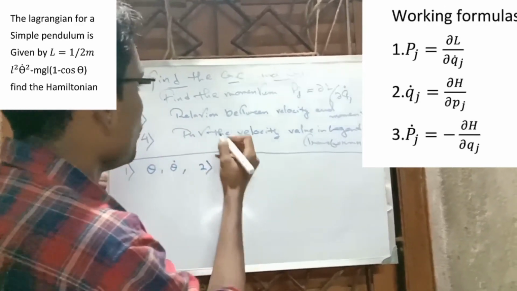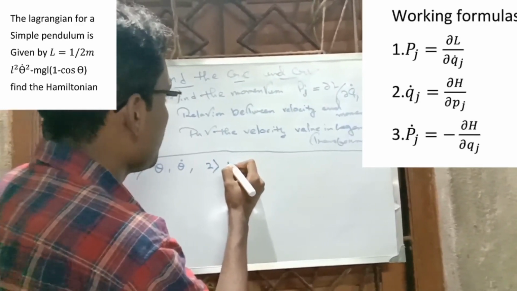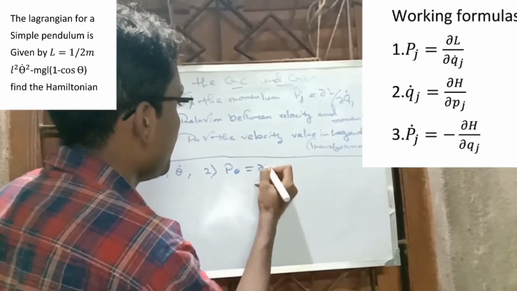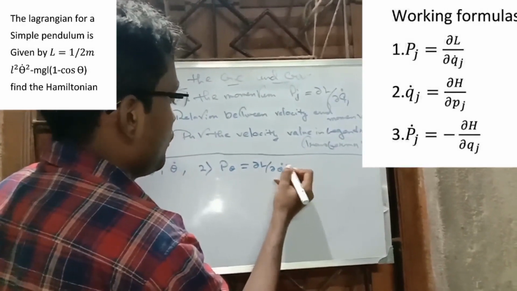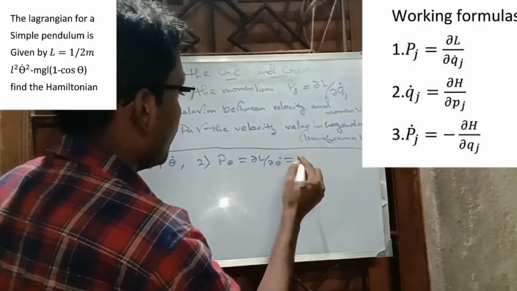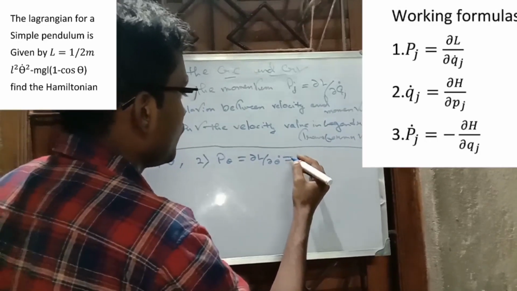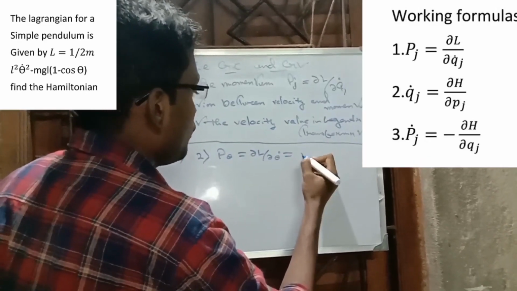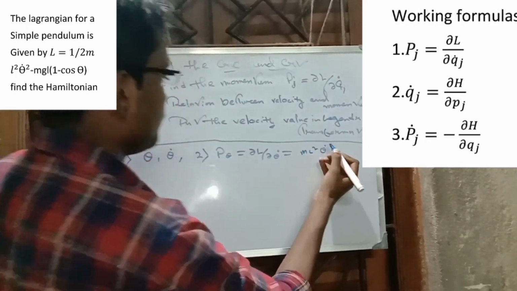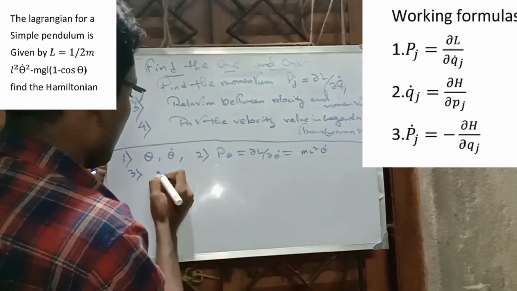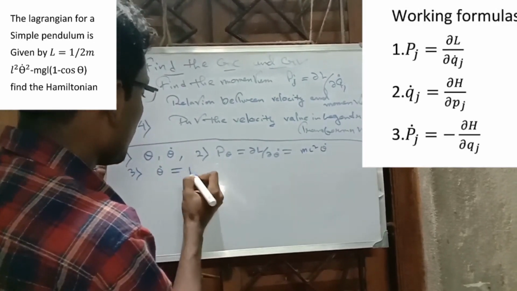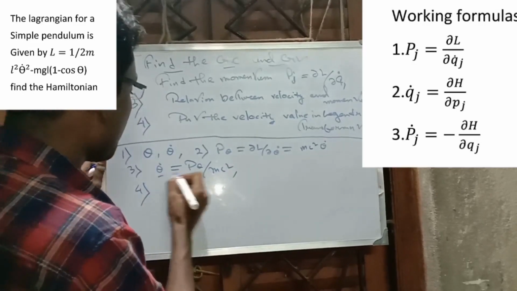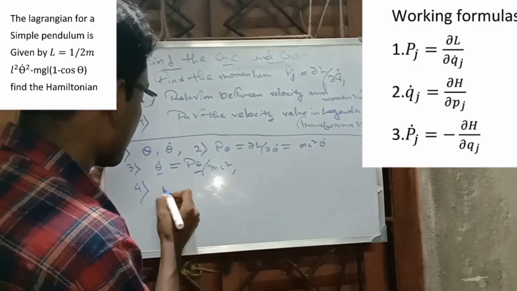Step 2, find the momentum by the relation Pj equals del L by del Qj dot. Here the generalized momentum will be P theta, that is equal to del L by del theta dot. So if you differentiate the Lagrangian partially with respect to theta dot, you would find the P theta value would be m l square theta dot. Step 3, relation between velocity and momentum, that is theta dot equals P theta by m l square. Step 4, put the velocity value in terms of momentum value in the Legendre transformation, that is